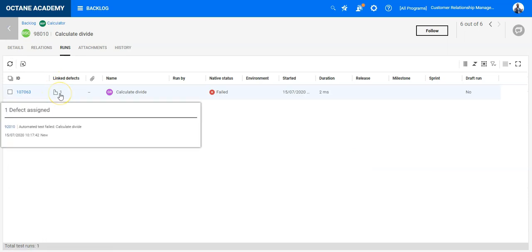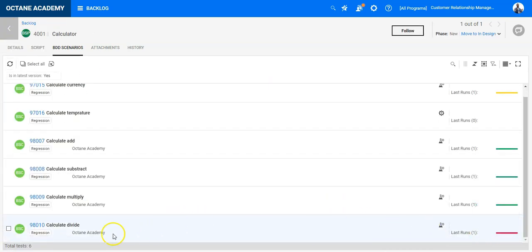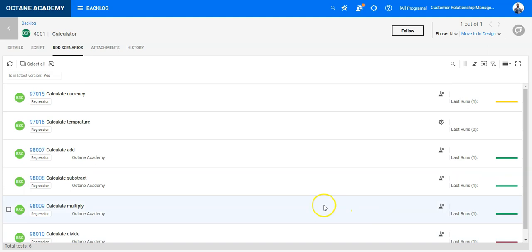And here a bug is already registered to it. So calculation, divide, automated test failed. So this has been already created. So in this case, the red means that this scenario is failing. It has been automated, it has been implemented, but it's failing. The green ones, they are automated and the feature works. So this scenario is working for those